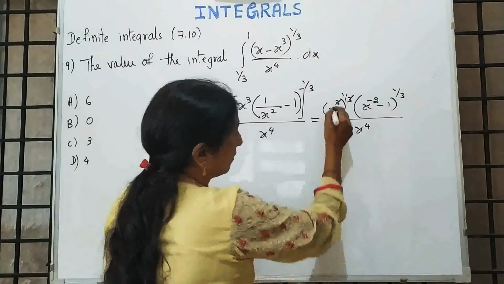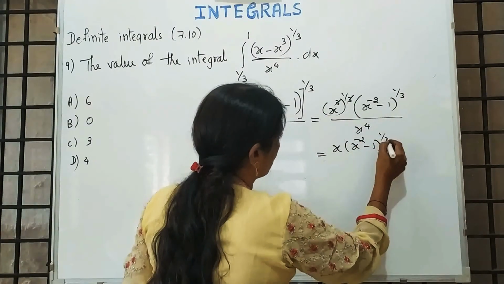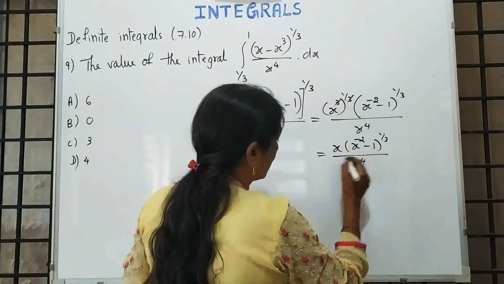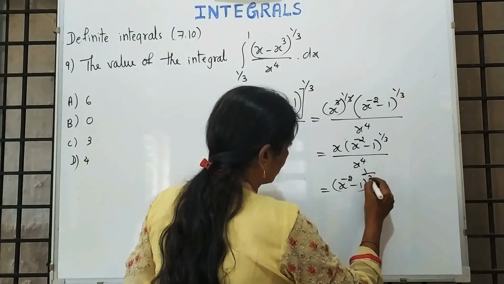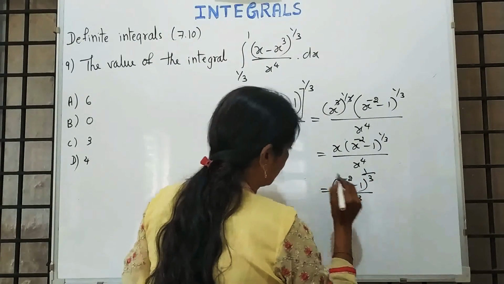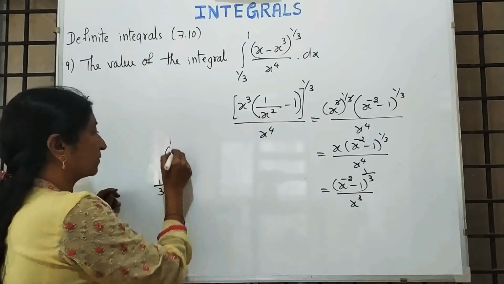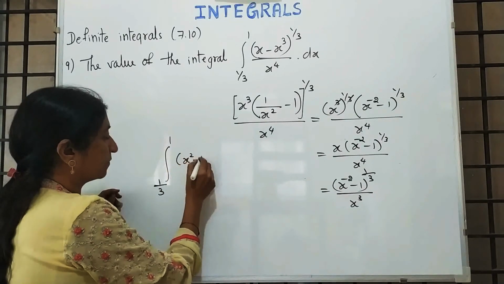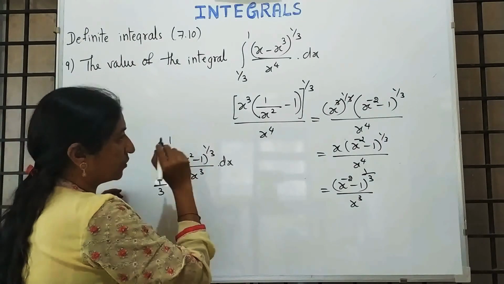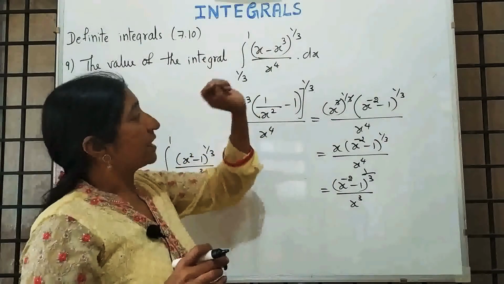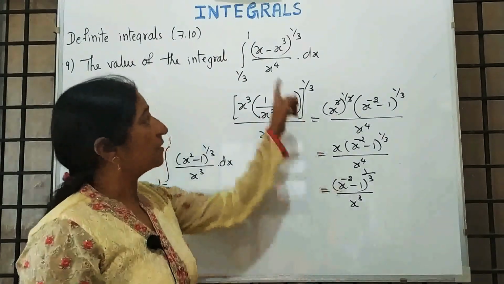This term gets cancelled. Now it is x into, one term of x is cancelled with this. That means x cube is remaining. Now for this I am writing the limit. Understood? See, for these types of examples, even though it is not possible, take the highest term as common. Highest term is x cube.